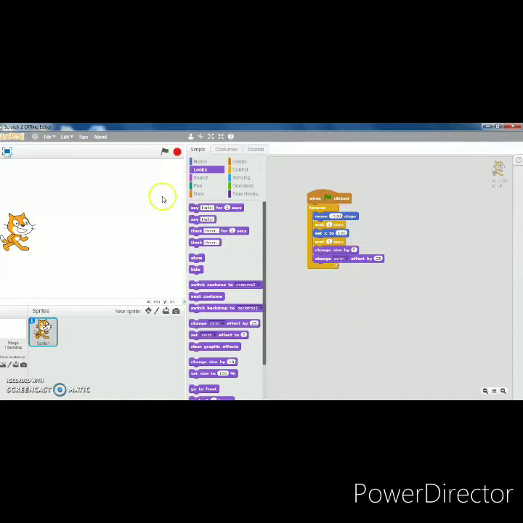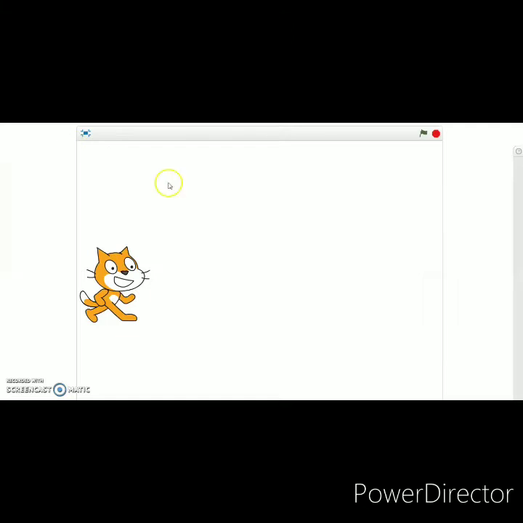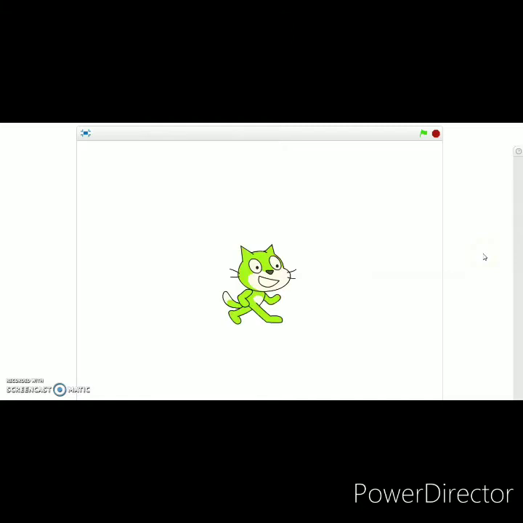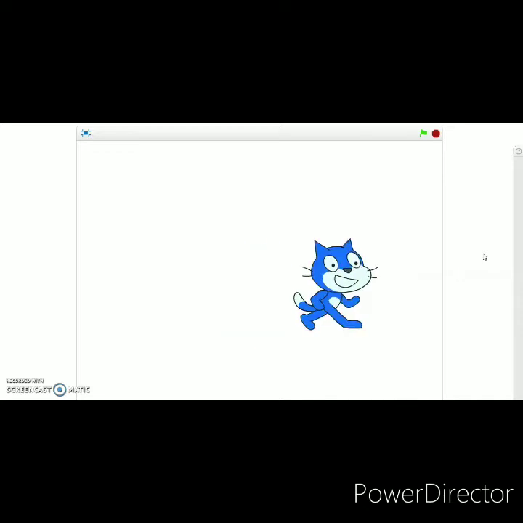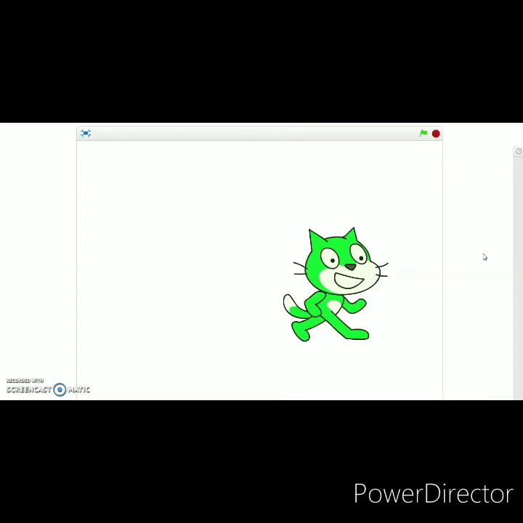Now we will run this program and you will see the changes. Click on view full screen, and after that click on the green flag. You can see the cat's position change, as well as the color, because I am taking -100 in x. It moved forward after backward, and the size and color of the sprite change.